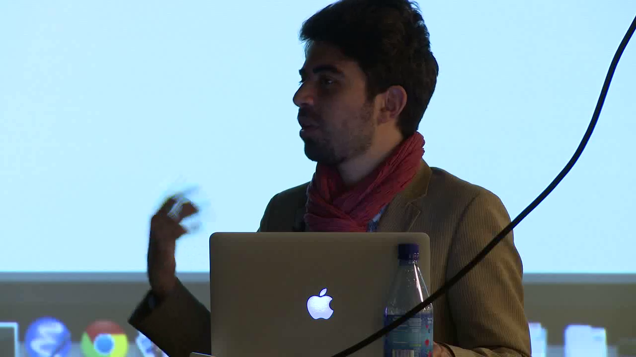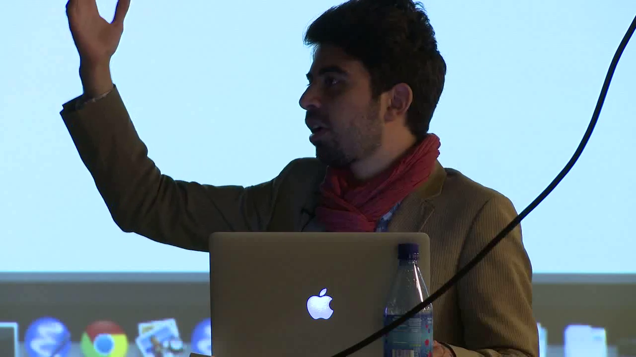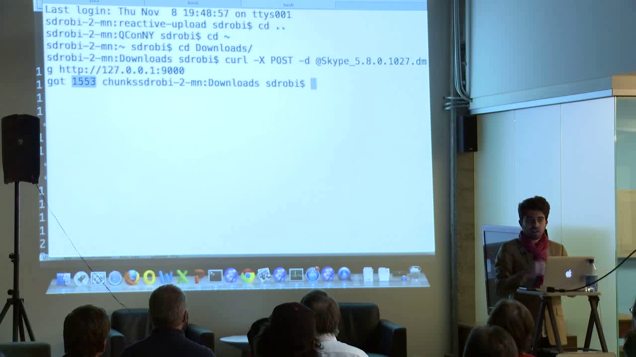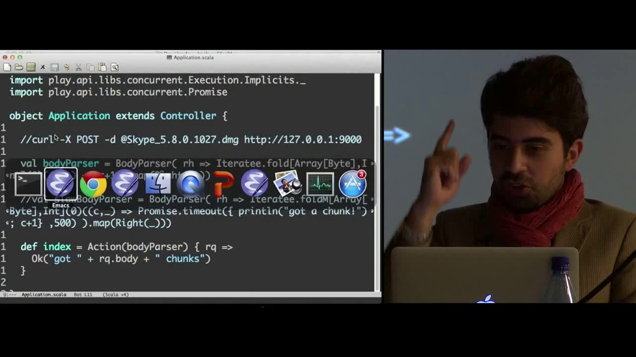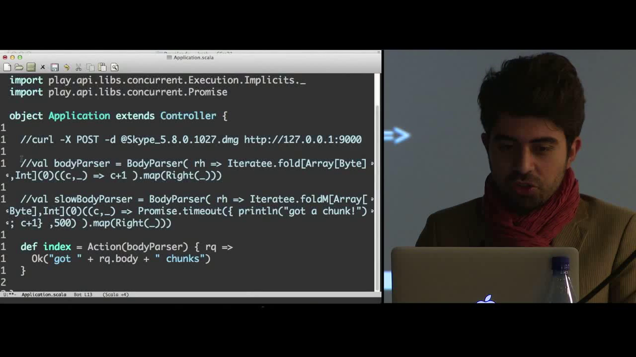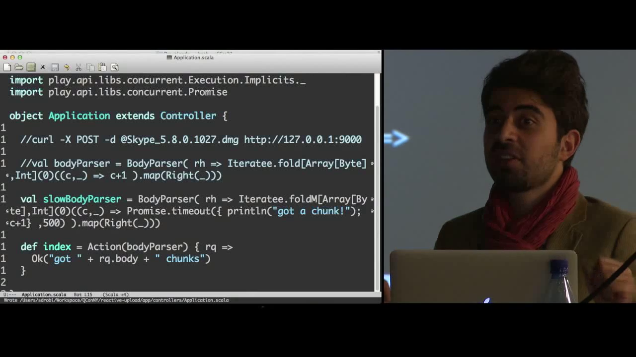Okay, nothing fancy. But we could count these chunks without even saving them anywhere, right? We just get them, count, and throw them away. Nothing in memory, nothing has been, Play didn't explode memory because it doesn't care about these chunks, right? And this is interesting. What's more interesting here is the question: what if I got something slow